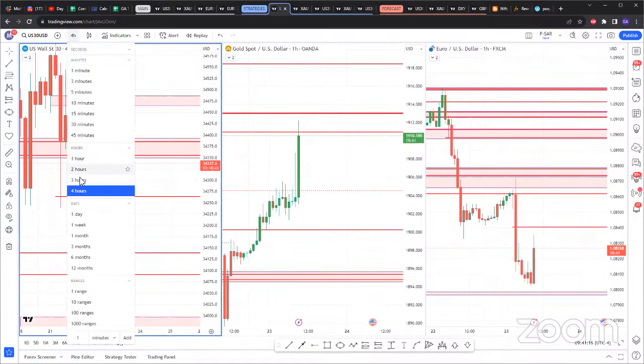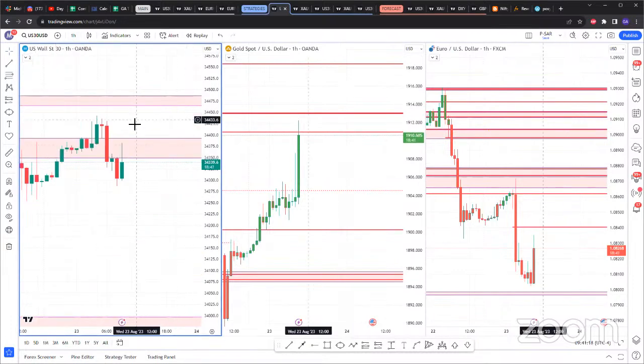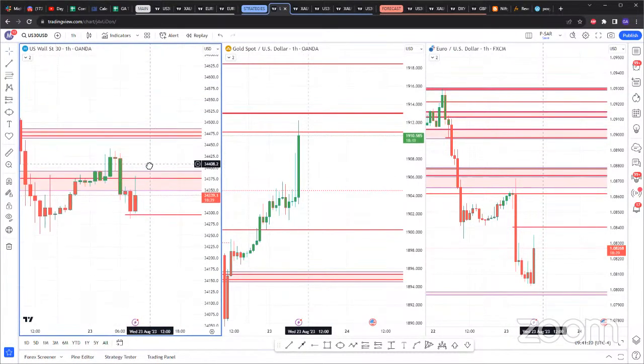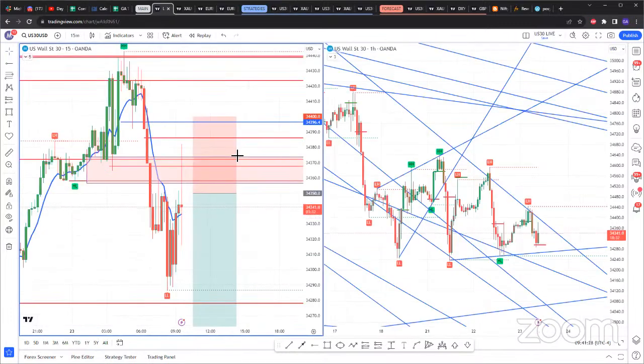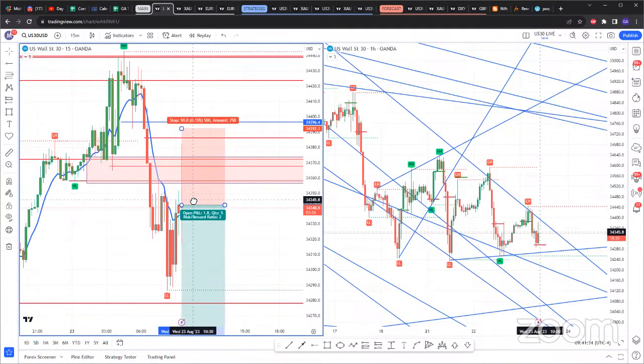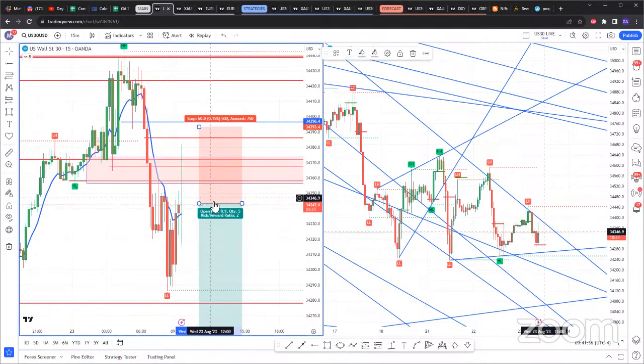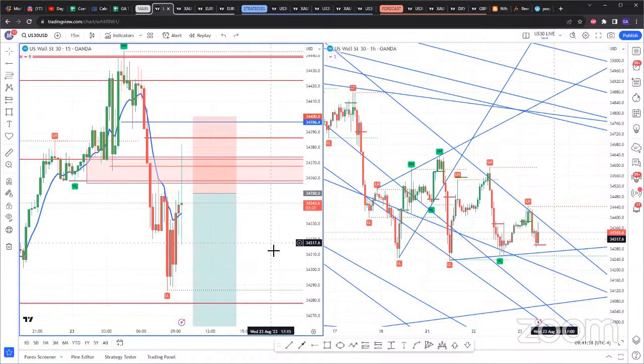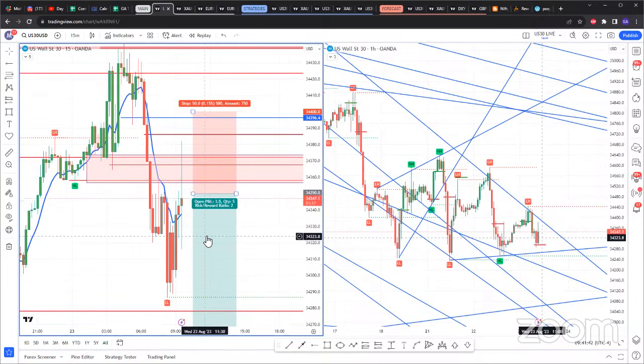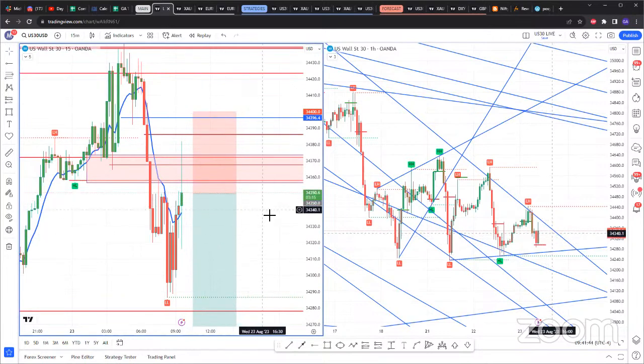So the entry was on the 4-hour. I came down to the 1-hour time frame, and my entry, actually price is at my entry right now. So where price is, I'm in a sell right now. That's just personally, it's not an official trade. But personally, I'm in a sell where price currently is, but I'll wait for the 2 15-minute candle closures, and I'll probably scale in. That's the safest entry, and that will be the official trade we get.